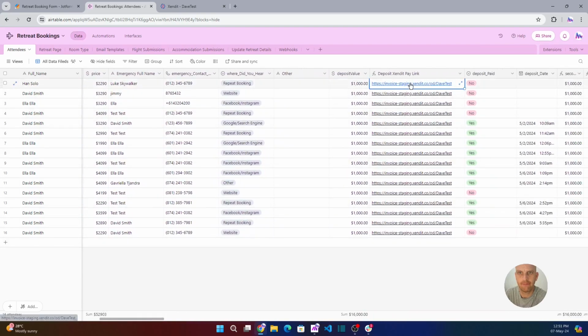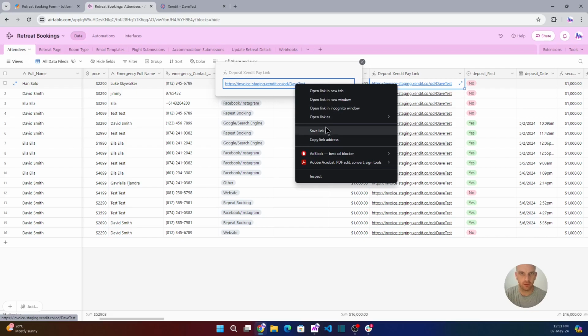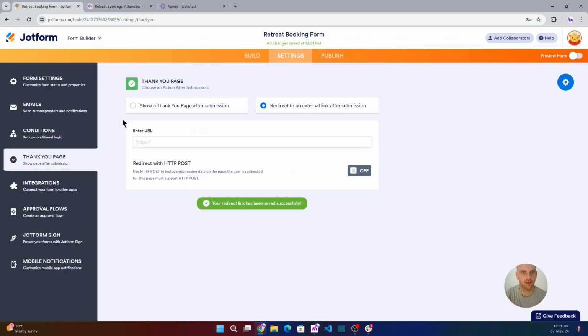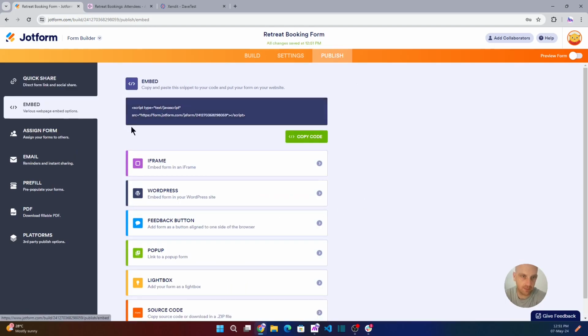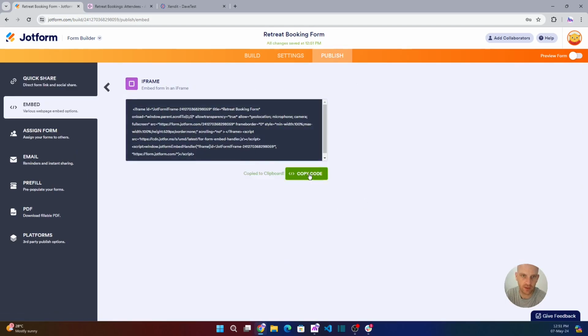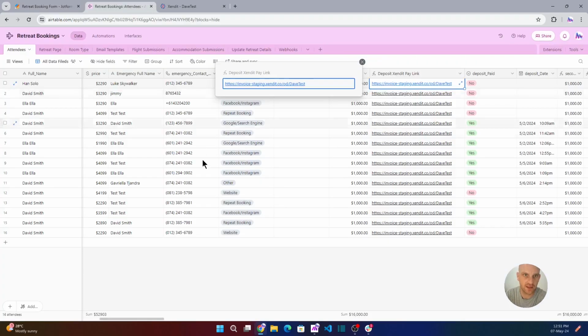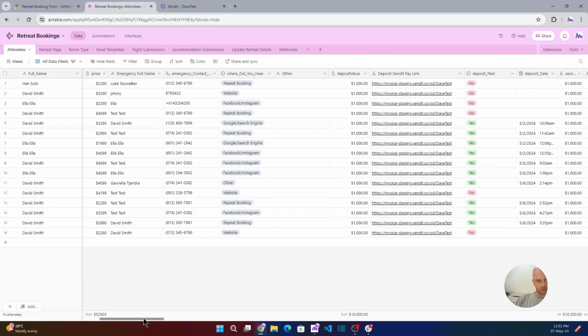we have the payment link. This is still our test. Right click, copy link address. Okay, so this will redirect to the Xendit deposit payment page. So where was I? Back to the embed. If I take the iframe, copy this, we go back to our Airtable, and what we are going to do